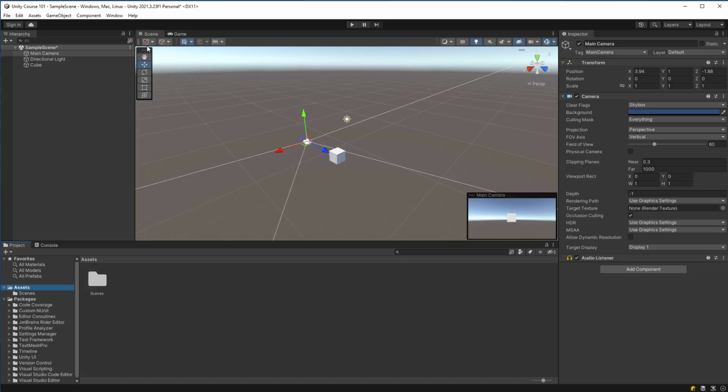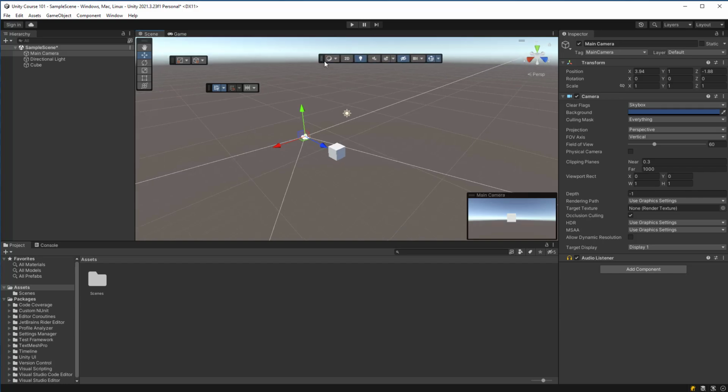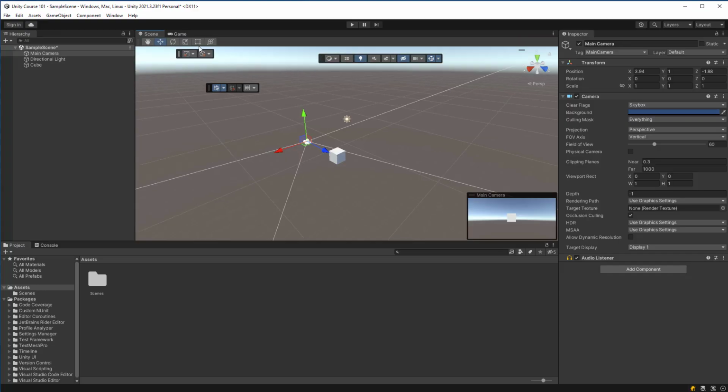Something that is newly adapted is within the scene view. You'll see here that we have a bunch of different tabs, and a new feature of Unity 2021 and later is that these are actually all dockable components. I can actually drag these things out and put them in my scene view if I wanted to, or I could drag them and I could re-dock them up here. In Unity, this is a new thing that they recently introduced, but it allows you, and I just totally hid that,